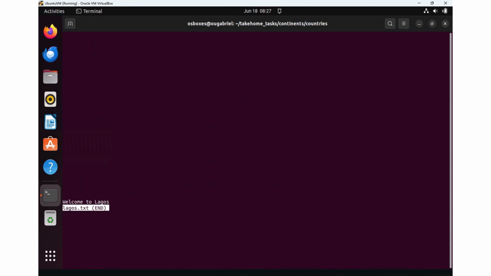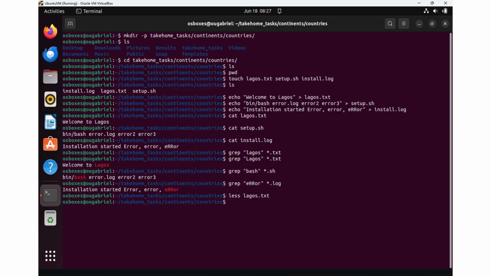Okay. So this, press Q to quit or Ctrl C to cancel. Okay. I will not do less for the other ones because it's not really important. So I think the next word is